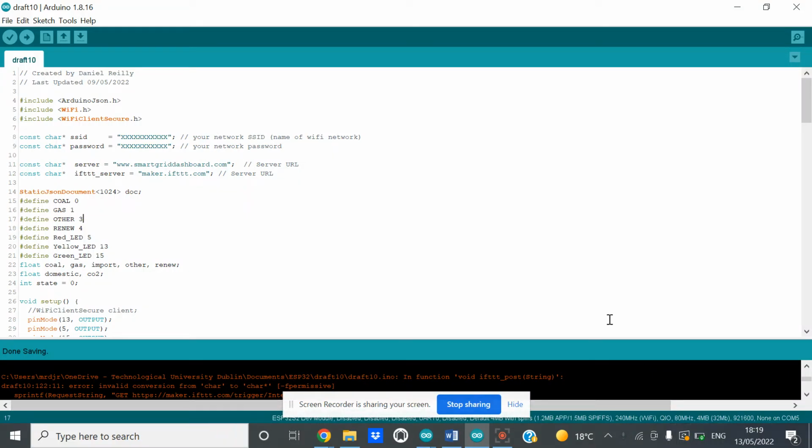Right, this is the green electricity indicator code that I created. To start off, we include the following libraries: the Arduino JSON library, the Wi-Fi library, and the Wi-Fi Client Secure library. To make the ESP32 used for the project connect to the Wi-Fi,